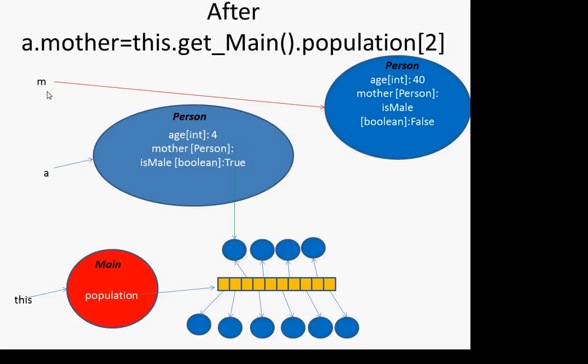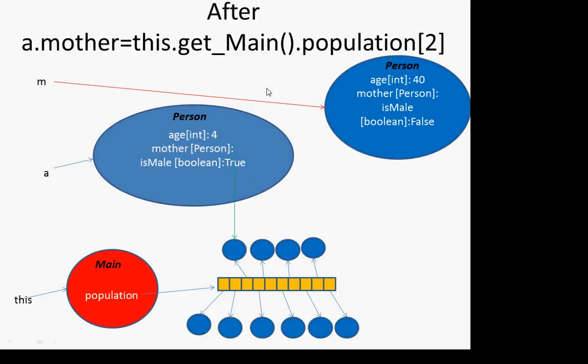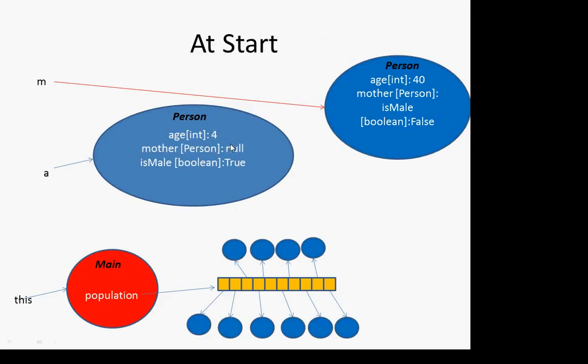That's all fine and good. We now have a reference to this person here in the population rather than a reference to that person. But it doesn't at all affect what M points to. It doesn't at all affect this person at all. It's just affecting what A dot mother points to. So variables hold values. You can change those